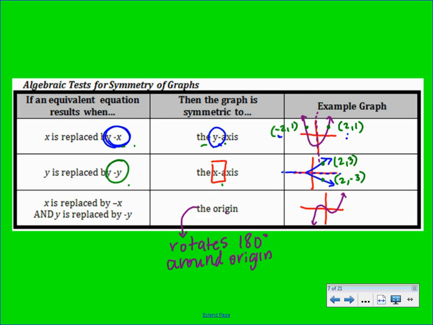A few seconds to draw that picture and we'll talk about its symmetry. Notice how this graph, it's x cubed, it starts down in the bottom left, goes up, goes through the origin, dips down a little bit, and then goes up to the right. It's like this kind of shape, with some bumps. If you rotate it 180 degrees,